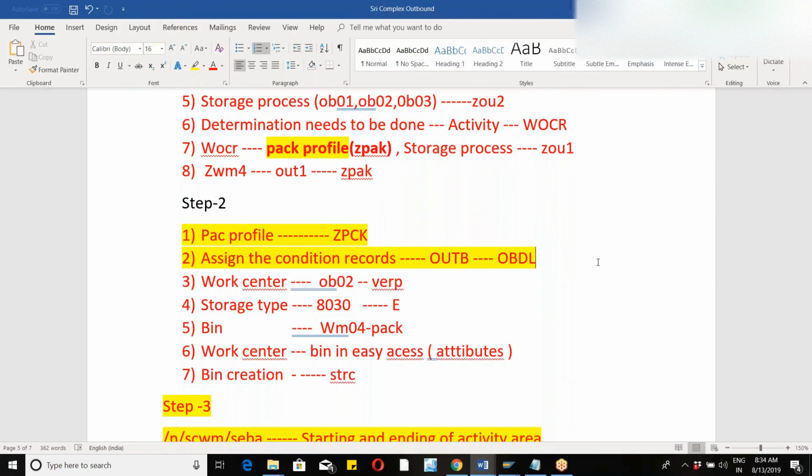What happens is, for all the products we have, the system will not determine the warehouse process type for all of them, right? Correct. Only for the products whose process has been maintained, only for those products will this be determined, the very first thing. You're getting my point. For the rest of